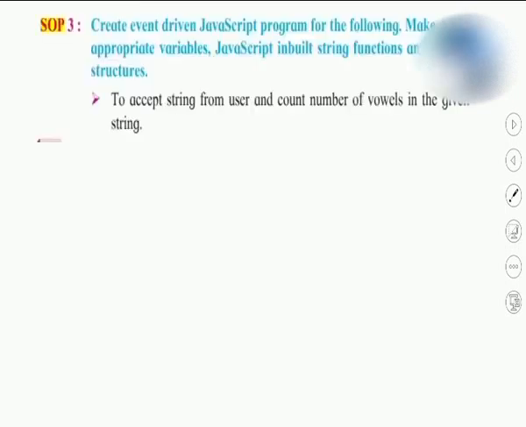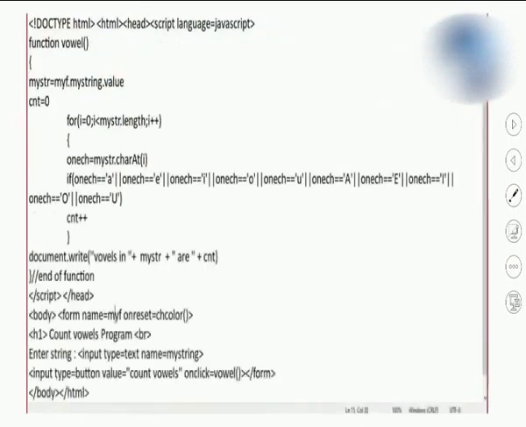So here let us see one more program, that is counting of vowels. So this is the counting of vowels program. Here I have accepted some string again, and the function called is vowel. Upon clicking, this is again an assignment for your practical, that you need to assign the value 0 for the counter, and you are going to increment that counter if it finds A, E, I, O, U.